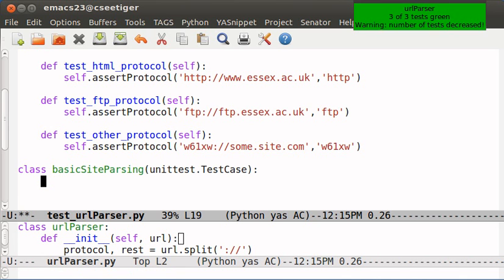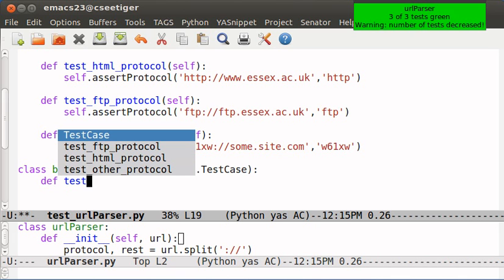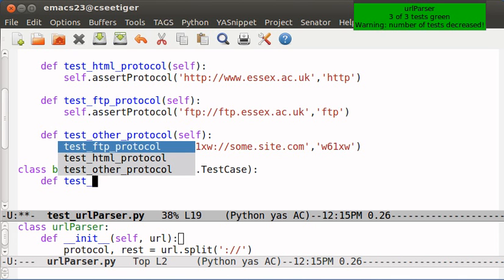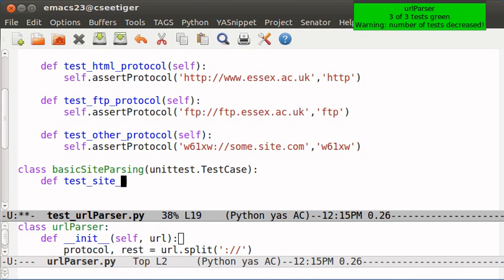So we start with defining a test. Test site without path. Okay, self. So the purpose here is to check that something like this, self assert